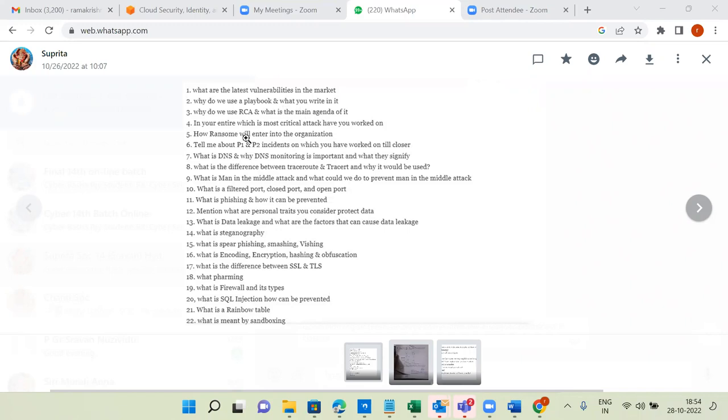In your entire career, which is the most critical attack you have worked on? That's what I said, right? Out of the seven things, as per my knowledge, experience and advice, you can explain either a server compromise, ransomware, malware investigation, or phishing email investigation with a malicious URL link as well as a malicious attachment, or maybe even a brute force attack. So you have to explain it as, in my entire career,